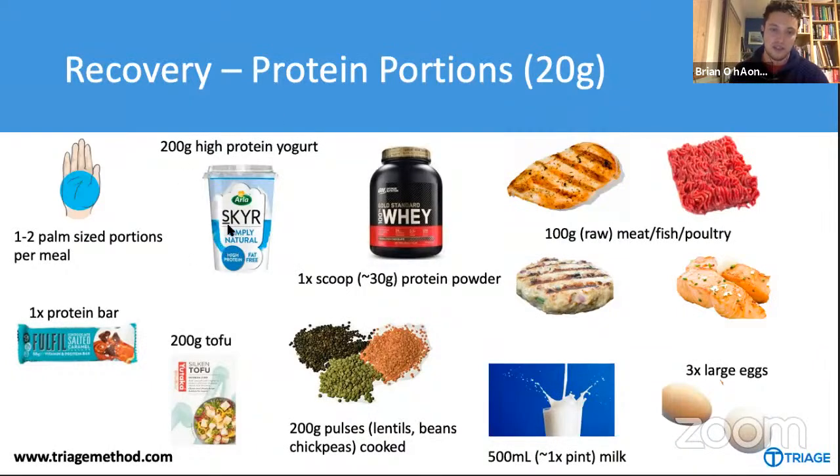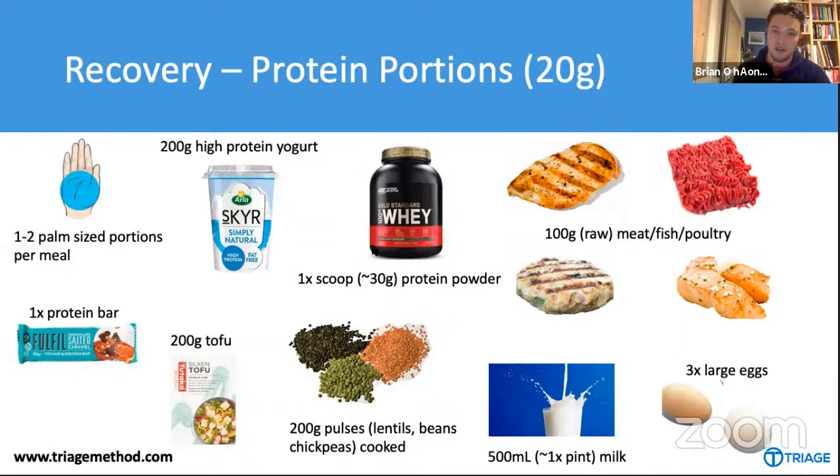But then other ways to get about 20 grams of protein: 200 grams of high protein yogurt, excellent source of protein. So for example, skyr or zero fat Greek yogurt, things like Kvarg, quark yogurts, those sort of things. The fat-free options tend to be higher in protein, so it's not necessarily that they're better, they just have more protein. So say regular Greek yogurt has like 4 grams of protein per 100 grams, but the fat-free one has about double that. So that's important to keep in mind.